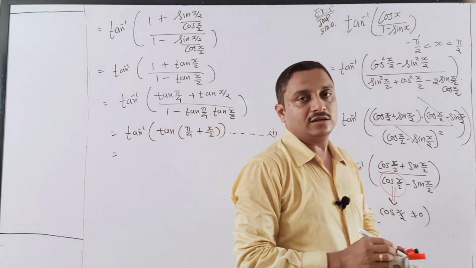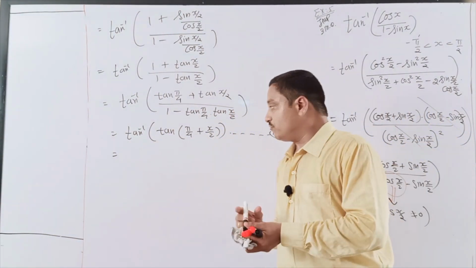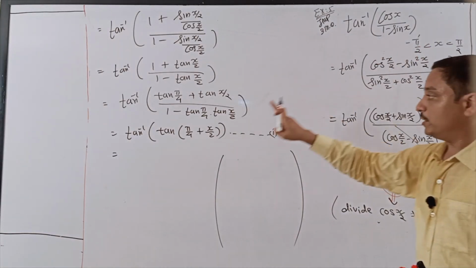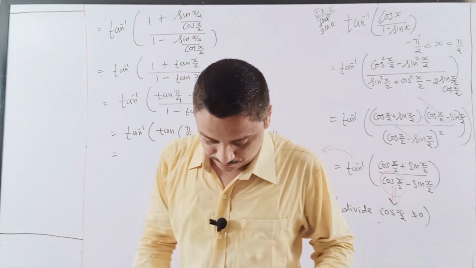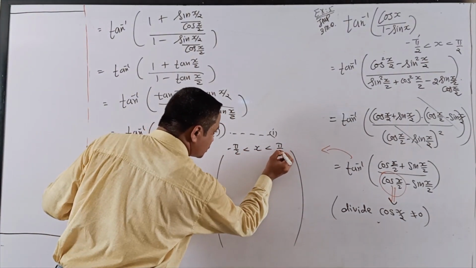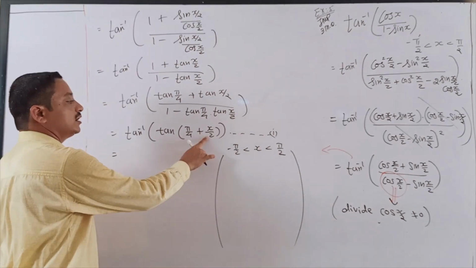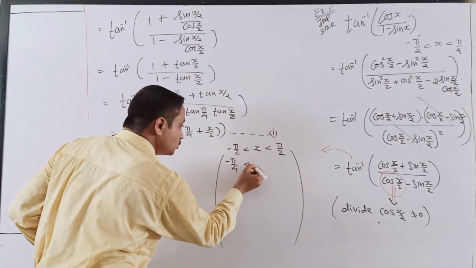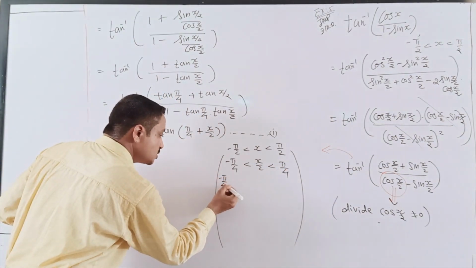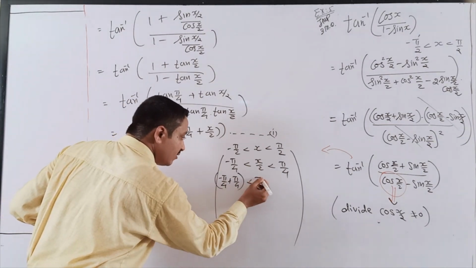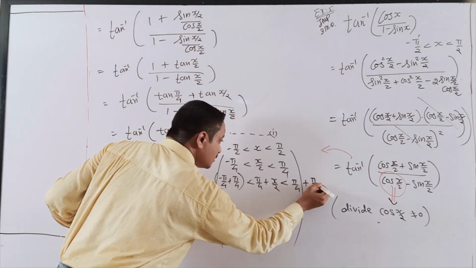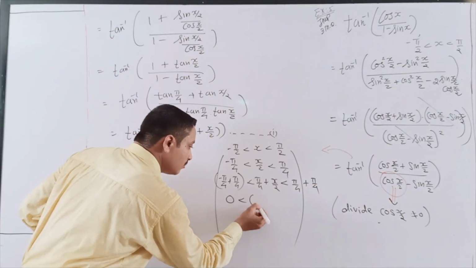You cannot write this answer directly before checking the condition. Students, I check whether this belongs in the range or not. Generally the condition is given as minus 90 to 90. Students, this is x, but I want x by 2, so divide each term by 2 and add pi by 4, that is 45 added to each term. So what do you get? Here 0, but here